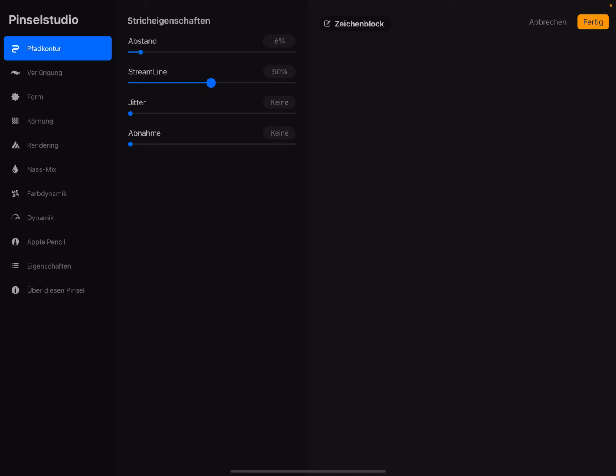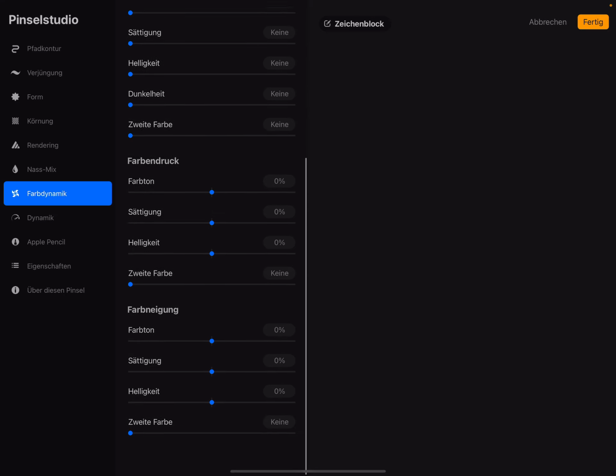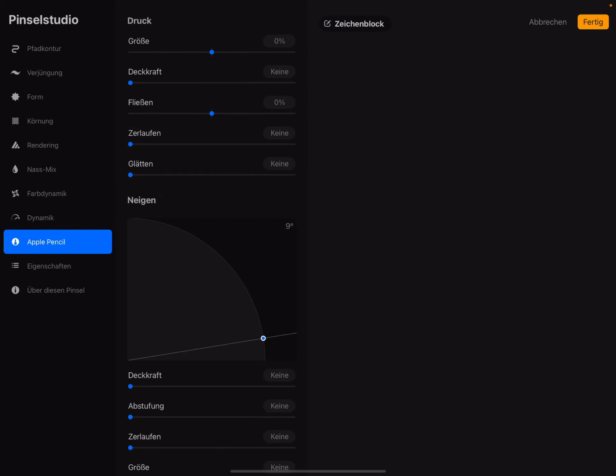You can change everything here: streamline, jitter, something. Color dynamics is nothing. Dynamics and the blend modes are not necessary. Brush, you can change on the brush, pencil, everything you want to change.